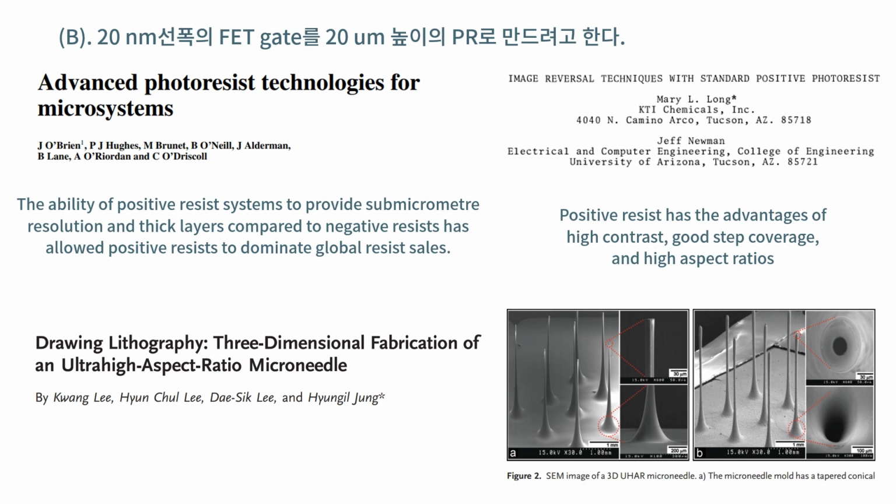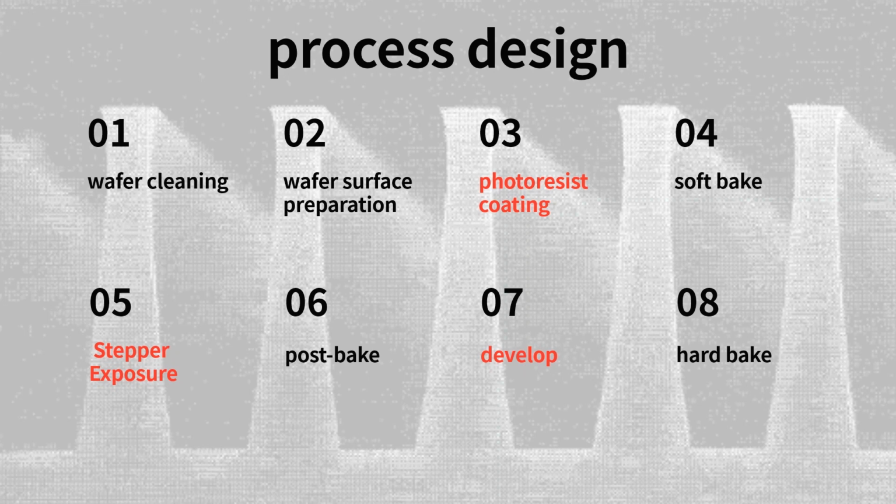In process B, a positive photoresist is applied for the photoresist coating. Subsequently, during the stepper exposure process, the regions exposed to light are weakened. In this case, the stepper exposure process is carried out using the projection method, as mentioned earlier. Following that, in the development process, the weakened portions are removed using a developer. The height should be adjusted during the photoresist coating step, and the width should be adjusted during the exposure process.